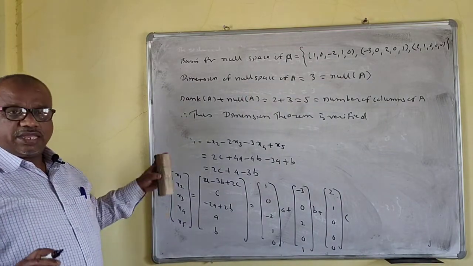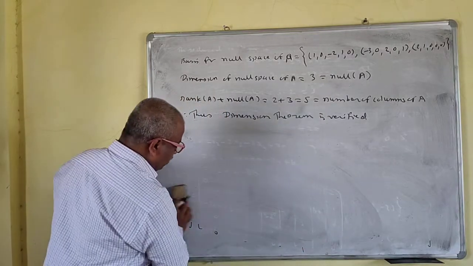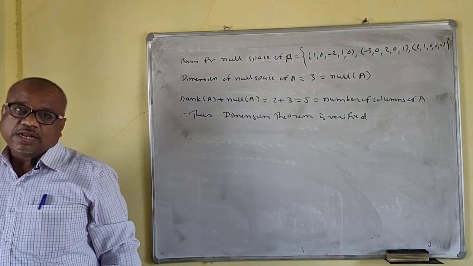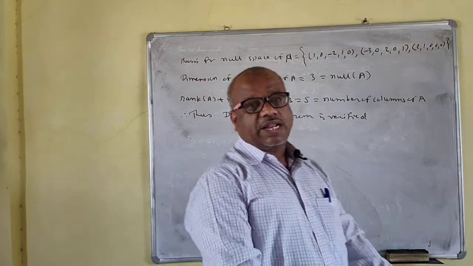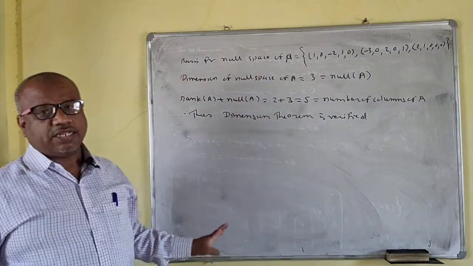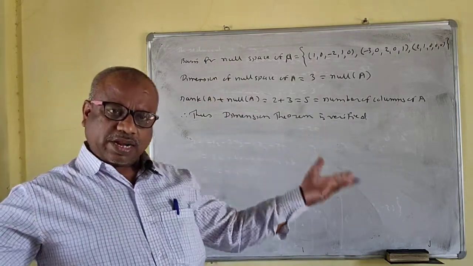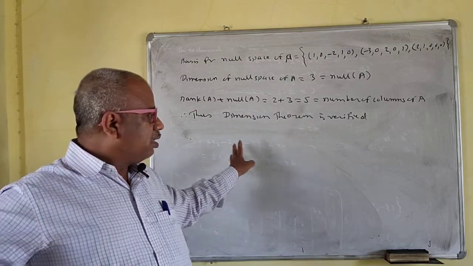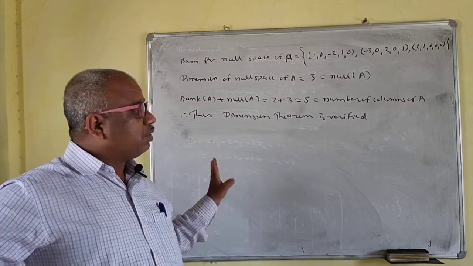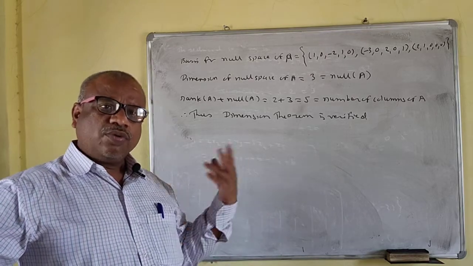So this is what we have to verify, and we have verified it. If it is verified, then you have to find a basis for the row space and a basis for the null space. That means you have to find the dimension of the row space and the dimension of the null space. If you want to find the rank and nullity of the matrix, just convert your A matrix into the equivalent form. You will find the rank of the matrix, and by the theorem just find the nullity with the help of that. I hope you understand this one.